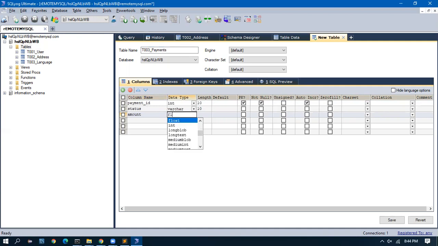Amount is a float 10. So let's say I have a mobile payment table.